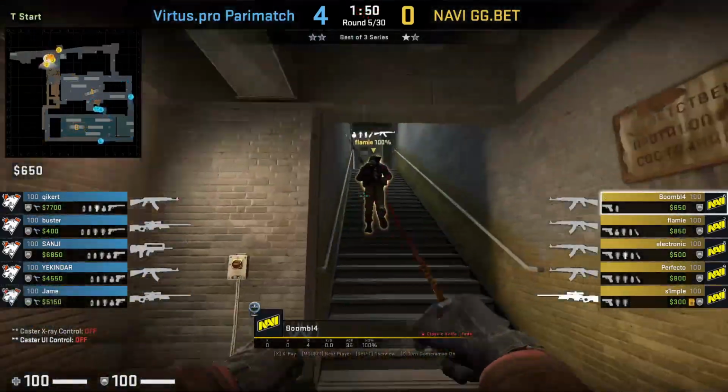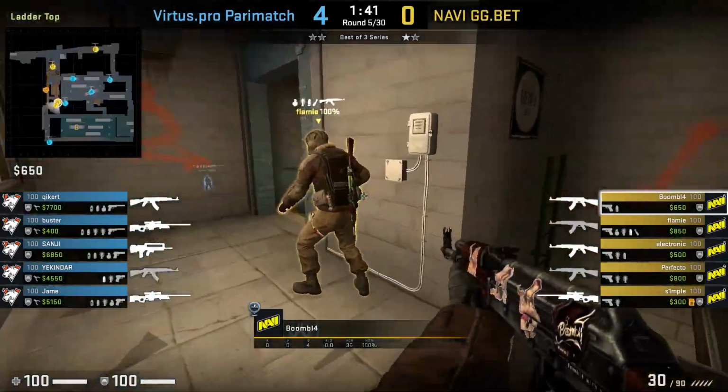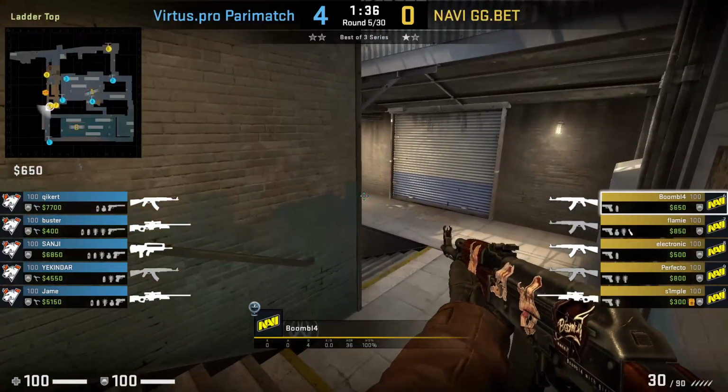Boomage's role is the second entry. He flashes yard once to self-presence and then he goes inner. He waits below the stairs holding for a push, then he'll peek once flamie is done throwing his pop dog